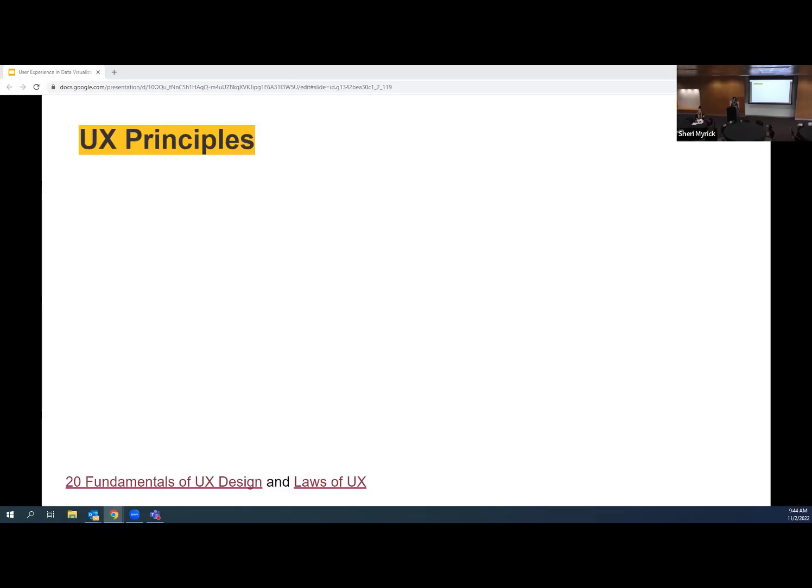All right, so now we're going through the idea that we understand who our user is and what they value. And you've added those requirements to your dashboard when you're about to get designing. So let's get designing.